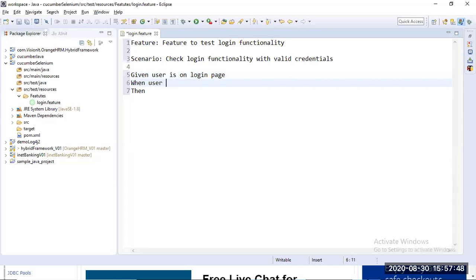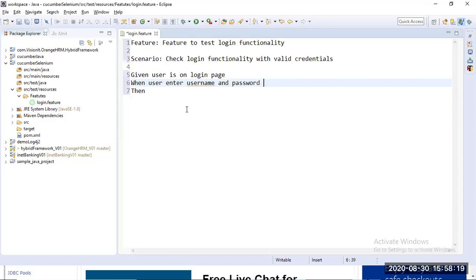user enters username and password. So on the login page, the user is going to enter username and password.